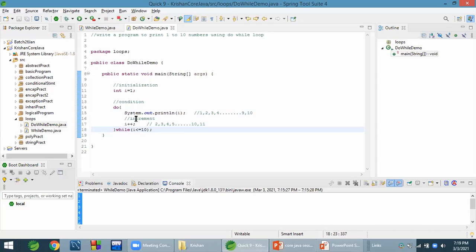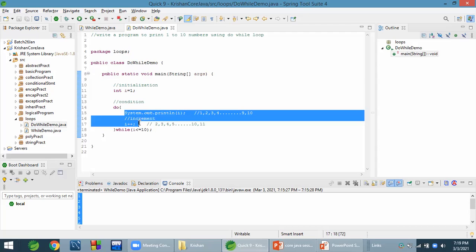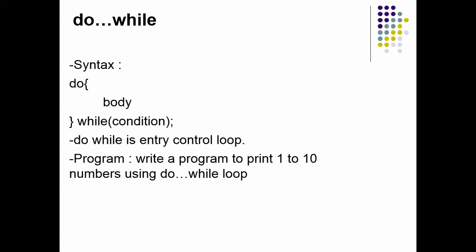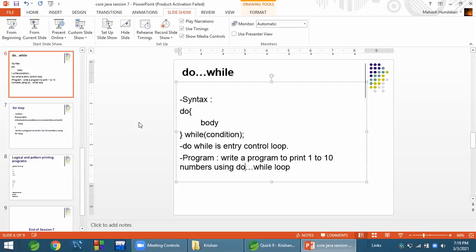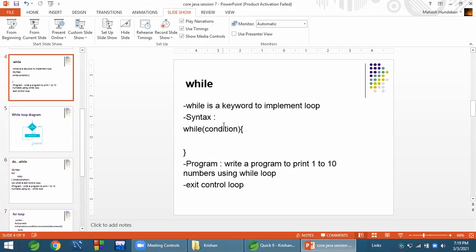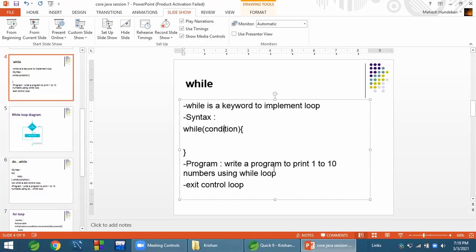Now you can see first what will happen: here there is no condition, so directly it comes into the body. That's why it's called an exit control loop. Here I also need to modify: do while is an exit control loop and while is an entry control loop.